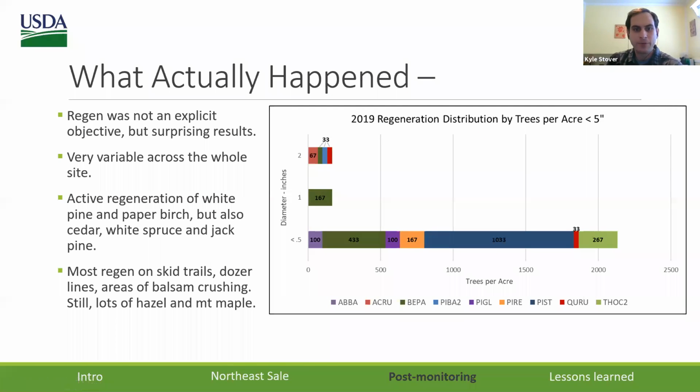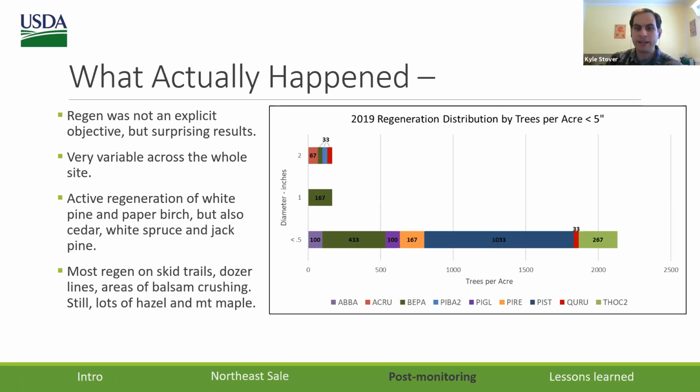And perhaps what I think was the most interesting about this whole thing, regen was not an explicit objective because we marked this treatment as a thinning, but going back in 2019 gave us some really interesting results. Amongst all that brush we did see, it was spatially variable, but what was really remarkable was just the amount of natural white pine regeneration as well as natural paper birch regeneration amongst different gap sizes. And our follow-up stand exam